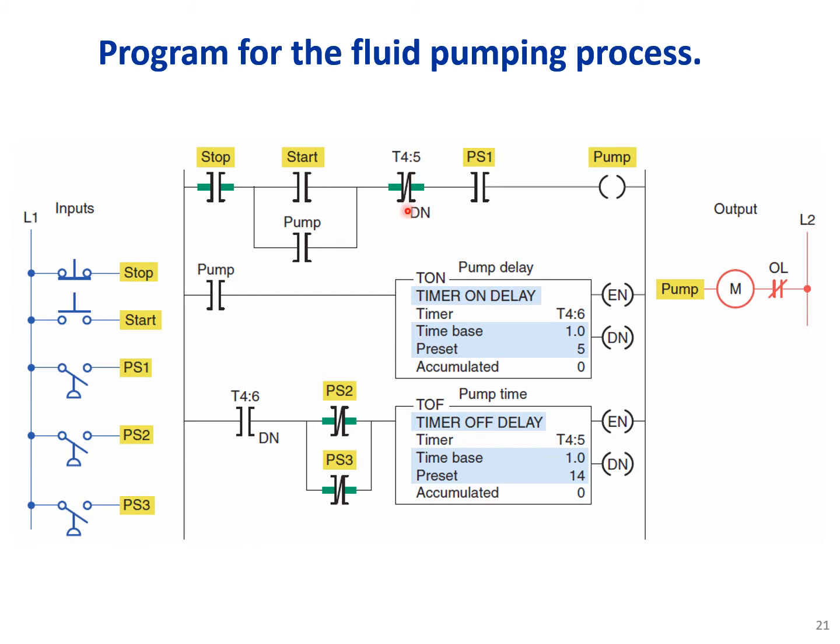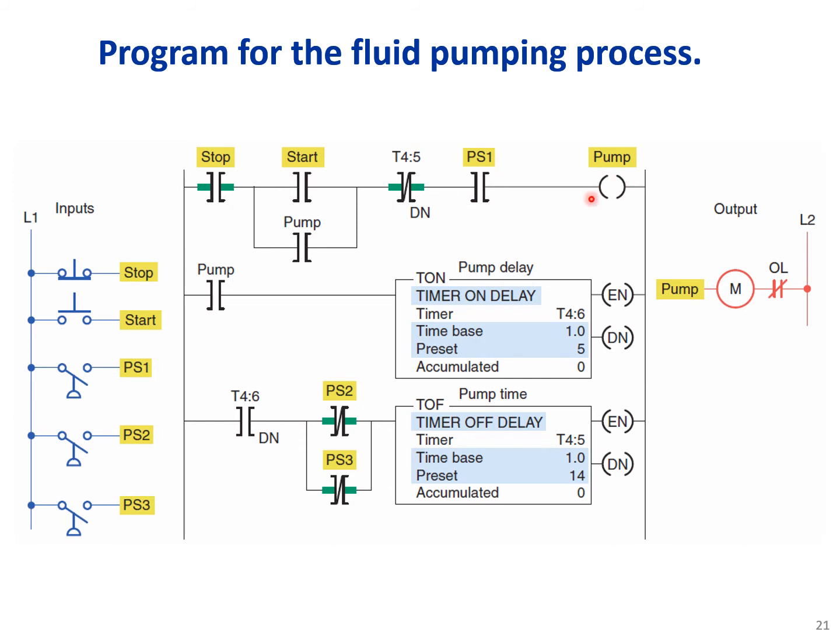Because we wanted 14 seconds of, let's say, silence or safety. We shouldn't be able to turn on this pump during those 14 seconds. So normally that down bit is false, so we have used the negated contact here, so this one should be normally true. And also this pressure sensor 1 is true,